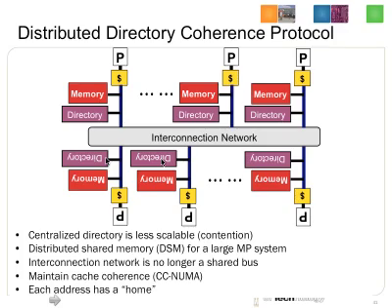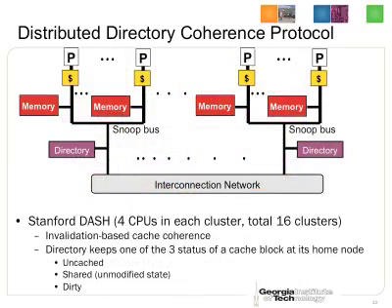So compared to the centralized shared memory and the centralized shared directory, we can distribute these directories just like we distributed memory for the benefit of scalability. A variant of this distributed shared memory is Stanford Dash,